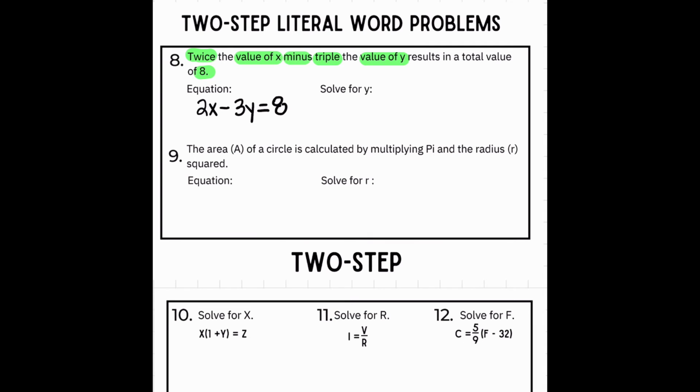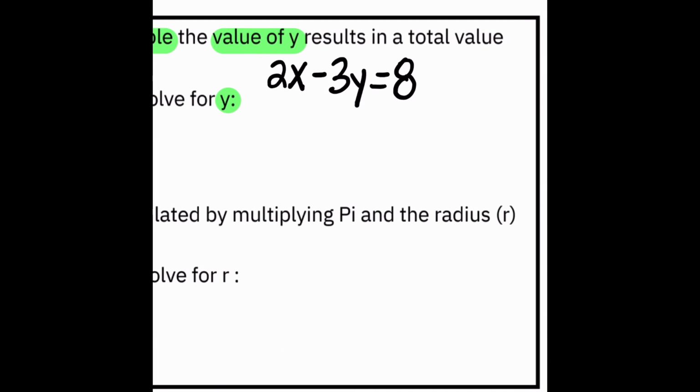So they want us to solve for y. So that's what we're going to solve for here. If I'm solving for y, remember that means we're getting y by itself. We want to isolate it. Again, I can't do anything with the -3 yet, but I can go ahead and move that entire 2x to the other side. In order to do that, I'm going to subtract 2x